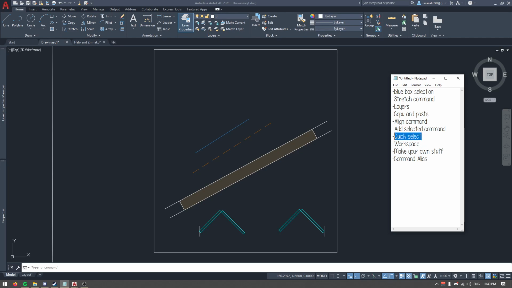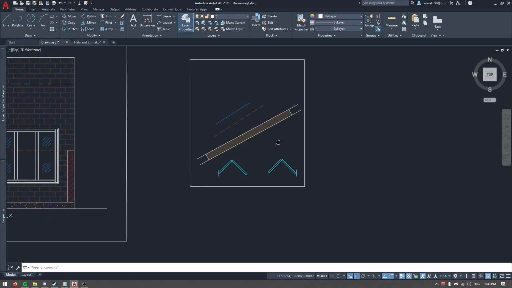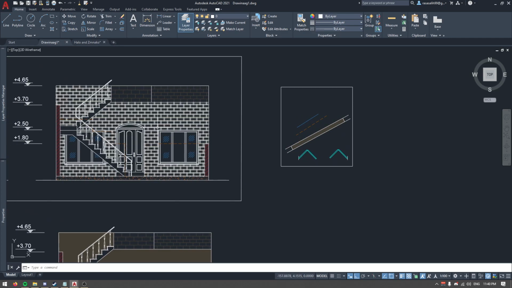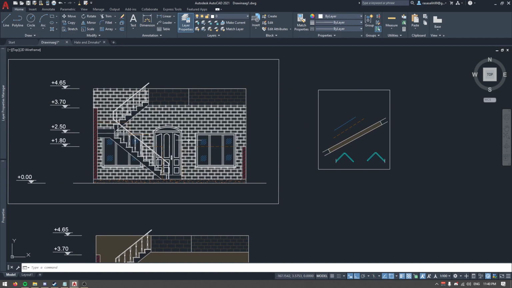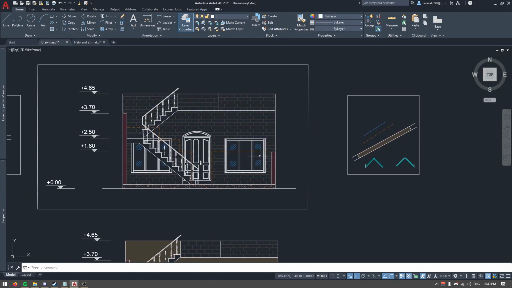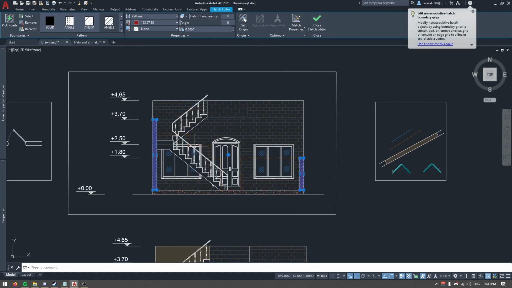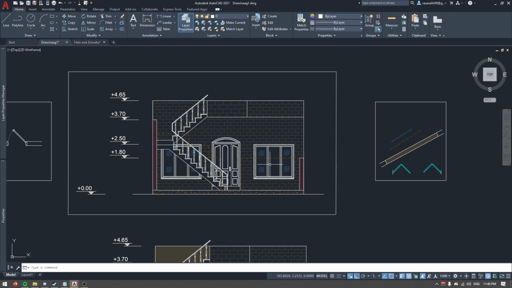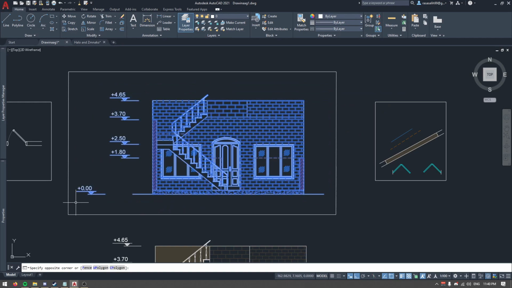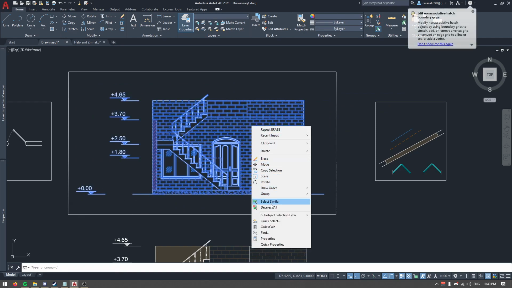We have quick select. This is a very good command as well. So if you have a mess like this and you have so many hatches and you want to select them, now I can click on this and select it. Both are selected because I did the hatch at once, and now I can delete or do whatever I want with it. But imagine I have so much stuff on my screen and I cannot select everything. You can select everything you see, go to quick select,